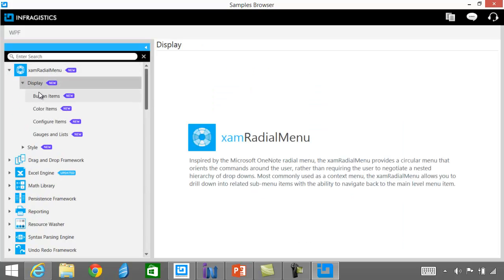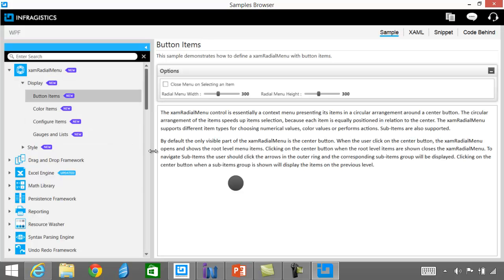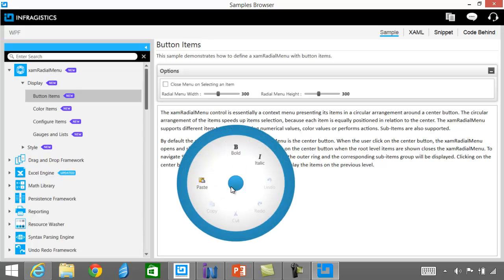So let's just jump right in and take a look at the XAMPP radial menu. So here we have the XAMPP radial menu. It looks like just a dot. And the idea is this is a touch-friendly menu control. Think about it as a context menu or sort of a hierarchical tree structure which has menu items. And then each one of these